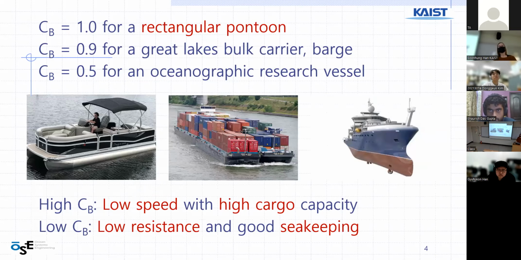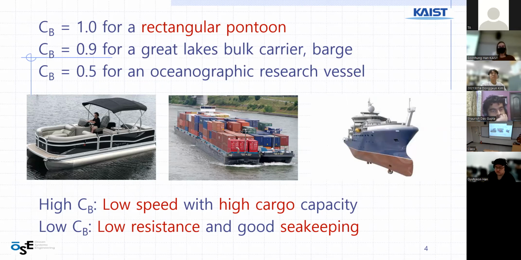So to give you an idea, here are some values of different CB coefficients. For the first boat that you see on the picture, which is a rectangular pontoon, the coefficient value is 1 because the shape of the underwater hull is really a prism, just a rectangular shape. For the second boat, which is a barge or Great Lake bulk carrier, the CB would be 0.9 because these